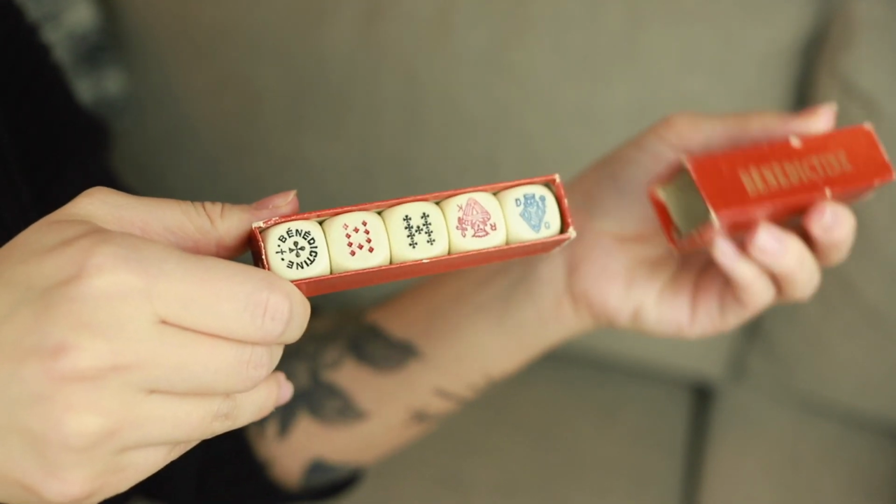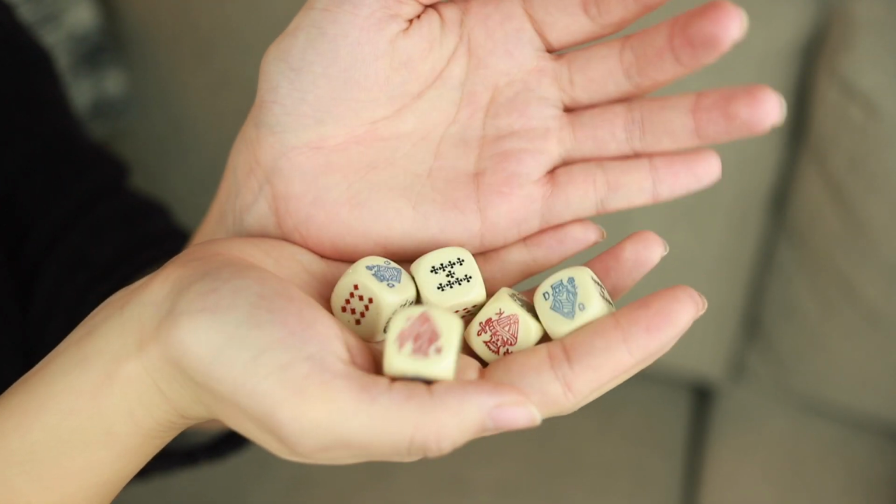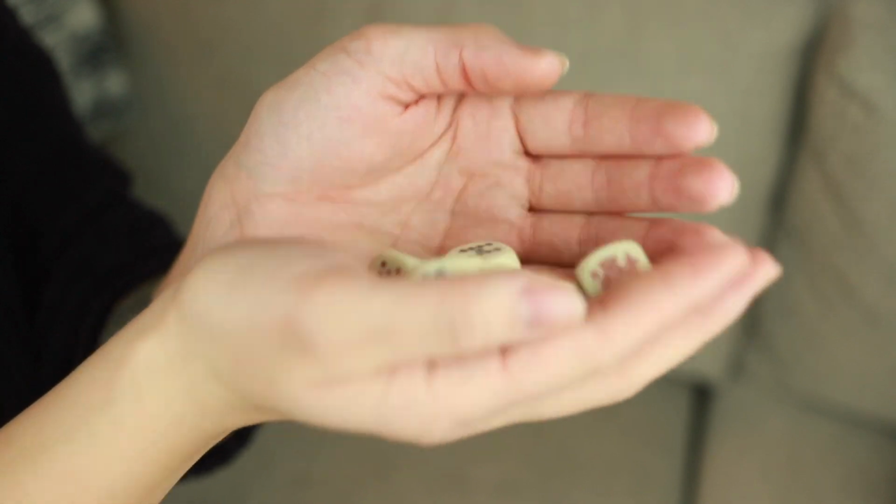The other kind of game thing that I got here is a set of dice, and I thought these are so beautiful. It says Benedictine, and the dice have not only typical dice things, but also queens and what's a V, J, D, Q, R, K. I don't really know what this is. Is this an actual game within itself? Is Benedictine a game and not just dice? Please let me know. But I saw this and it's really beautiful. It's beautifully made. I love the curved edges of the dice. Yeah, just really random. I don't even know how I can explain to y'all what my thought process was when